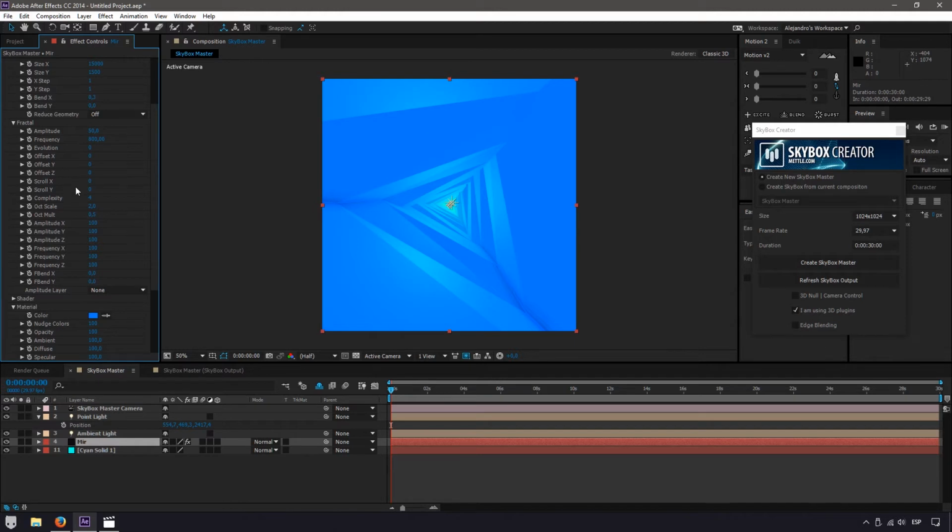We are going to do something to animate the evolution of this. If we move the slider of the evolution, it does a pretty cool tiny movement. It's a little bit of noise,